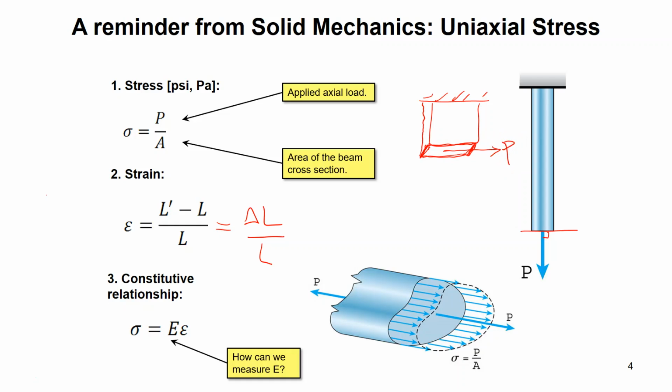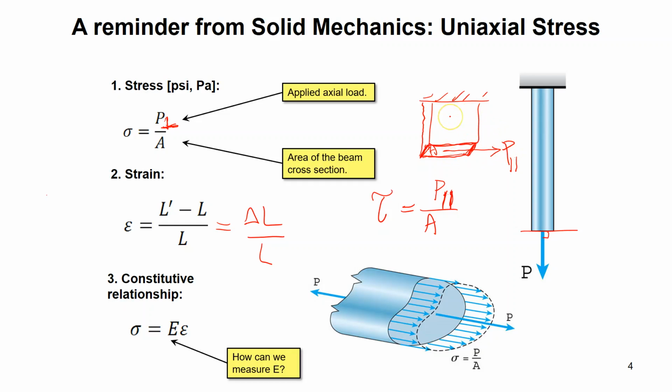In that case, I can call this P normal and this P parallel. If I divide P parallel, or P tangent, by A, there is another type of stress which we call shear stress, and shear stress is shown by the letter tau. Tau is similar to sigma, the unit is the same, Pascal or PSI,